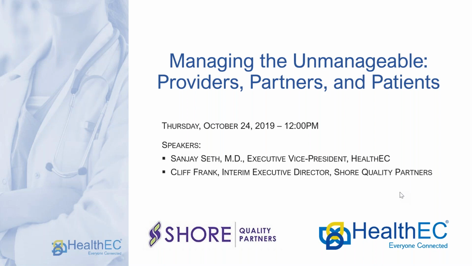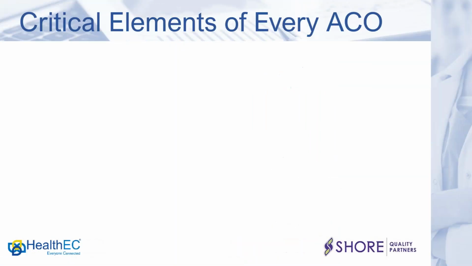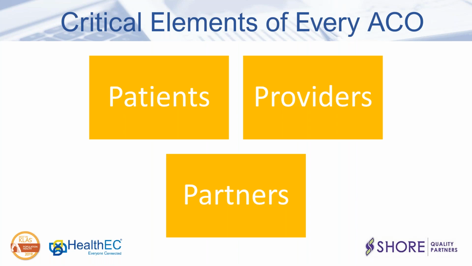So I'm going to start with the first slide to talk about managing the unmanageable patients. Can we set this up with a little context for people? Sure. The problem with ACOs is that the providers don't control anything. We don't control medical necessity determinations. We don't control authorizations for services, referral authorizations, or anything. We just have this bolus of patients that we have to somehow manage.